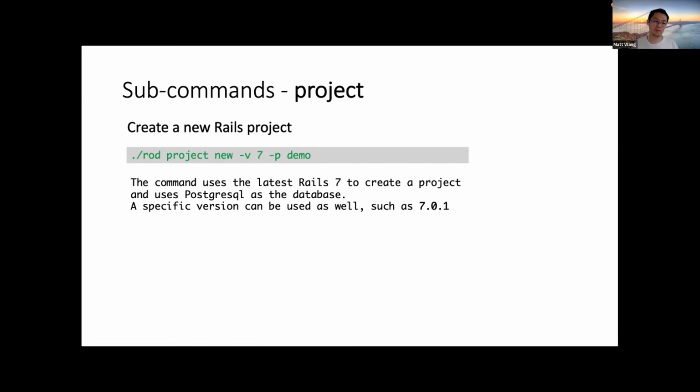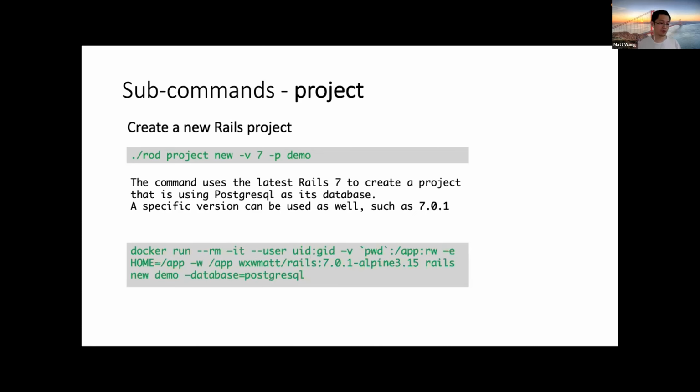But you may ask why we don't just use the rails command directly to generate a project. So as I mentioned, this tool is Docker based. The rux command is just wrapping the docker command. So when you run rux project new -v7 -p demo, basically